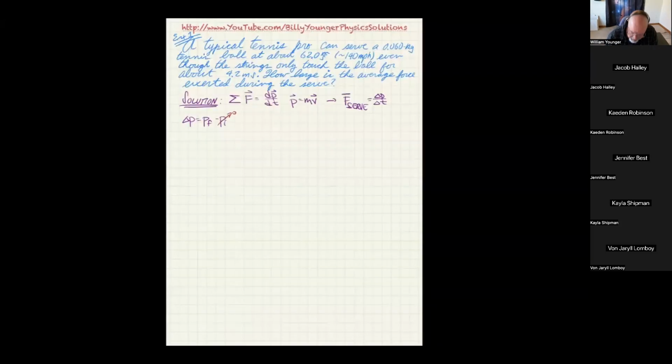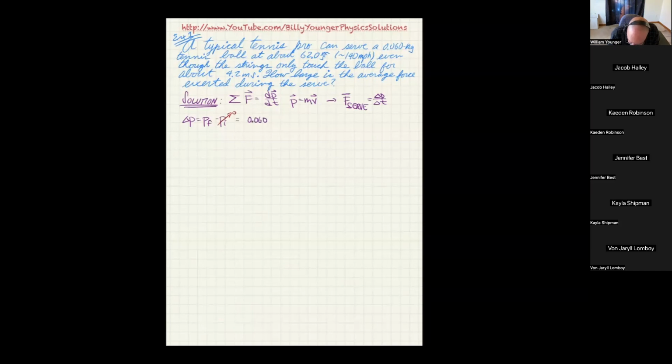Okay, so as I said, this is a vector quantity, but we're dealing in one dimension, so I don't have to worry about it. I'm going to say the initial momentum is 0. The ball might actually have a little initial velocity, but it's really not going to be anything compared to the 140 mile per hour serve we're going to be hitting. So in this case, what we're going to get is